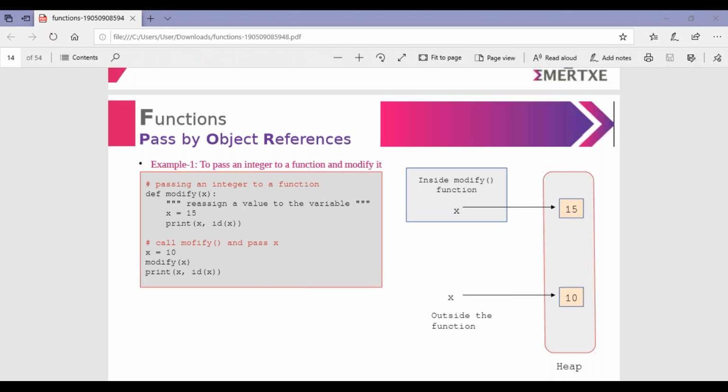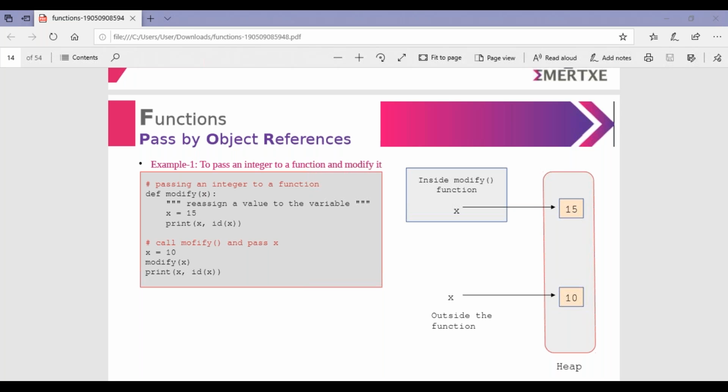Right? Then print x comma id of x. The id of x tells where your x is stored, the address where it is kept. Then call modify and pass x.